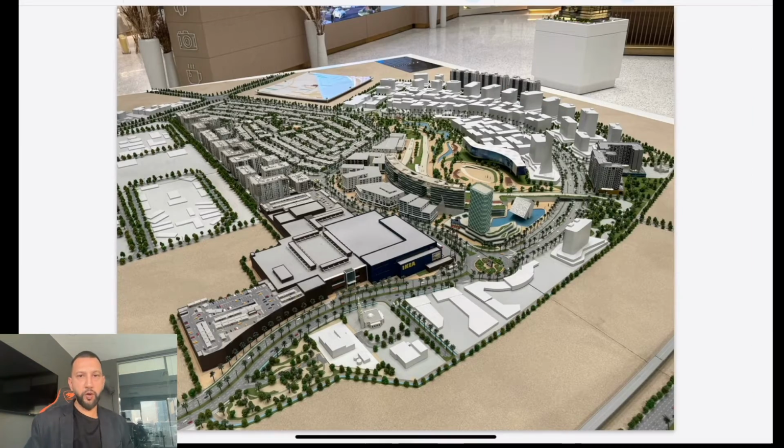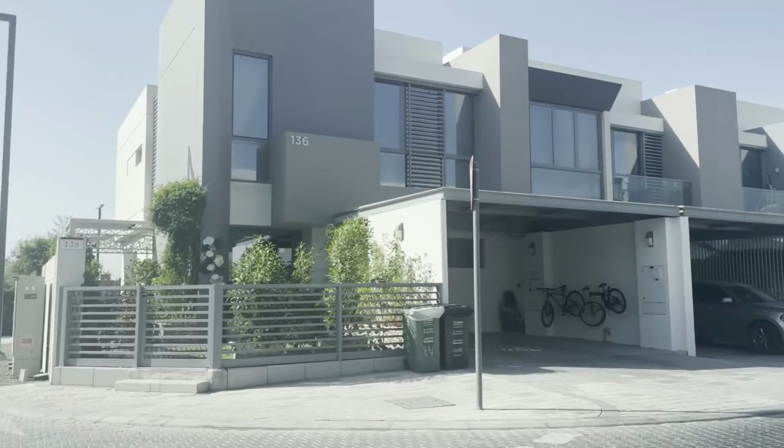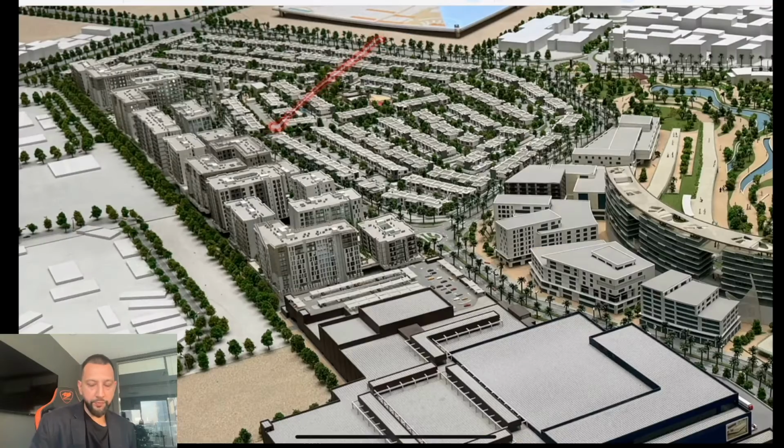Okay, so this is the Wasl community. Let's just break this down. They started this project about 8-9 years ago. The first thing that they started building was the Festival Plaza, which has an IKEA and a couple of other major anchors. And then you've got the Gardenia townhouses. These are really well known. It's a small community of around 200, 300 townhouses, and they are considered one of the finest townhouses anywhere on Sheikh Zayed Road. And so right next to Gardenia and right behind Festival Plaza is this complex that just launched,